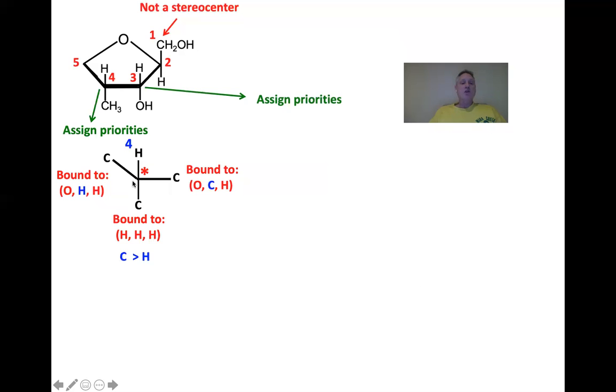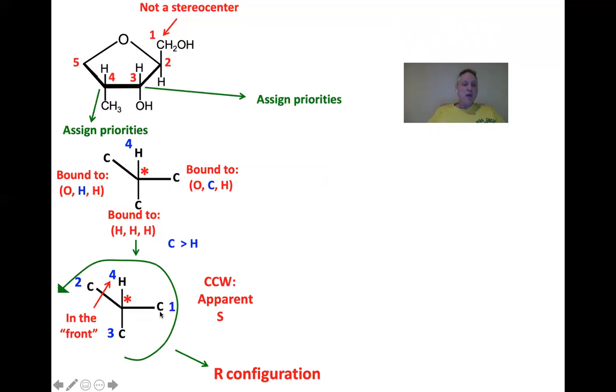We get the actual 4 is the hydrogen. We have 3 carbons. This carbon here is bound to 3 hydrogens. That must be the number 3 carbon. And then as we go into overtime over here, what we see is that basically we have our assignments 1, 2, 3, and 4. So what you should do is take a look at what these are bound to